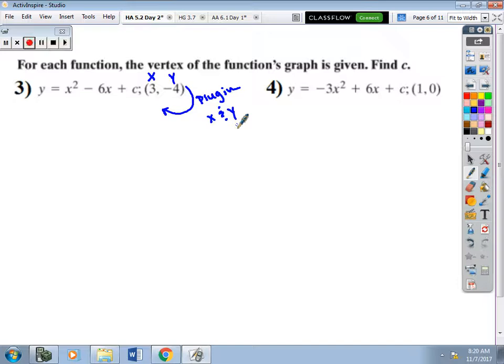Plug in the values of x and for y, and then we can solve out for c using order of operations and inverse operations. So I'm going to plug in -4 for y. When I plug in 3 for x here, I am going to use parentheses. So that would be 3 squared minus 6 times 3 plus c. And then you do need to follow your order of operations on the right-hand side. So over here, we have to use order of operations